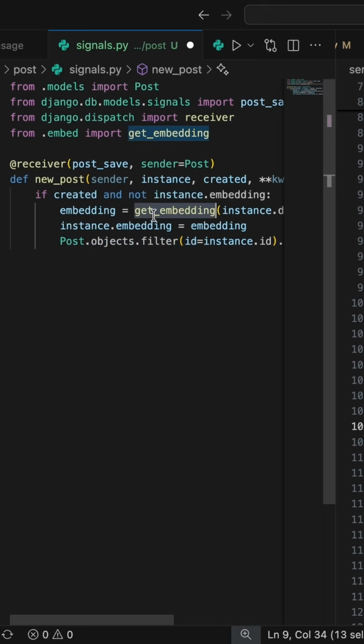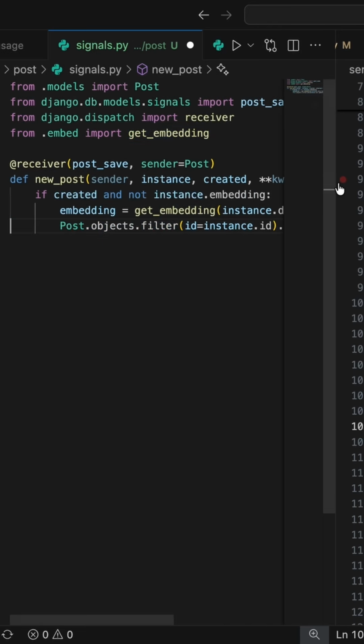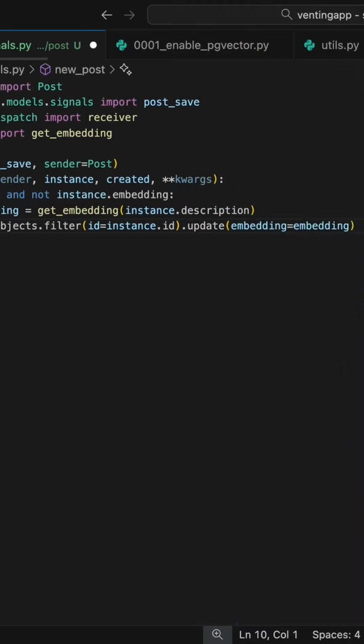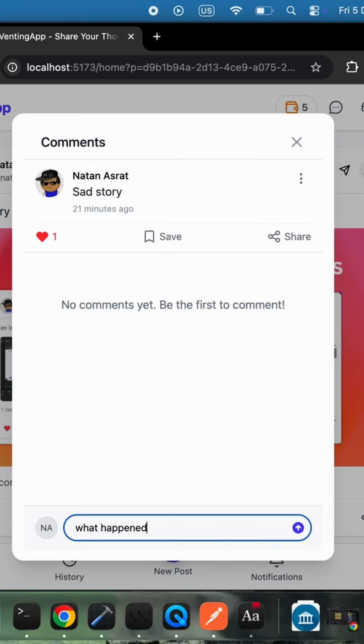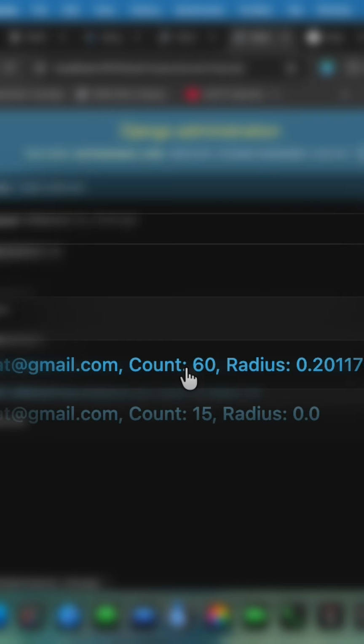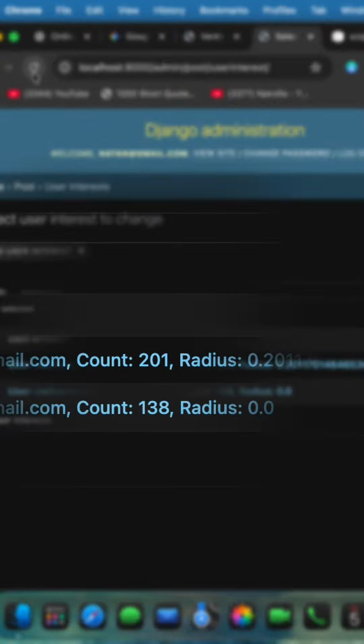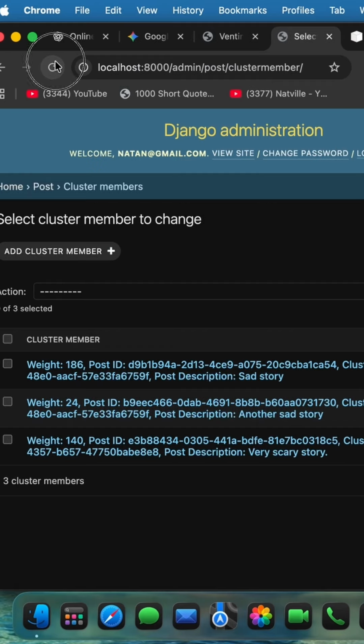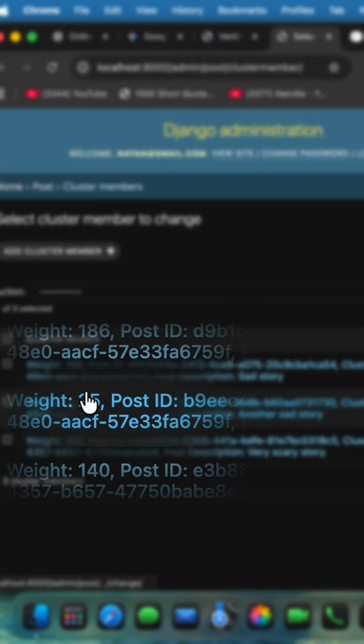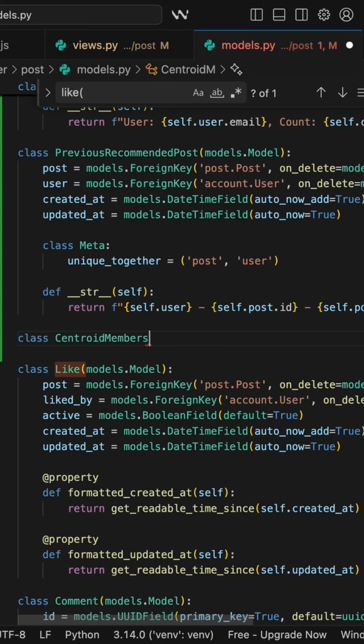I created a signal that generates an embedding whenever a new post is created. Each interaction, likes, comments, replies, saves, sending posts to a chat, and post views also triggers signals that update the user's cluster with the configured weight. For post views, I only consider them for recommendations if a user has spent more than 10 seconds on a post. This prevents short accidental views from skewing interest. To make interests traceable, each cluster tracks its member posts